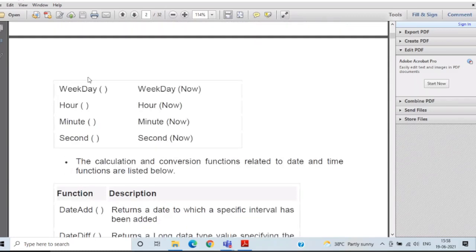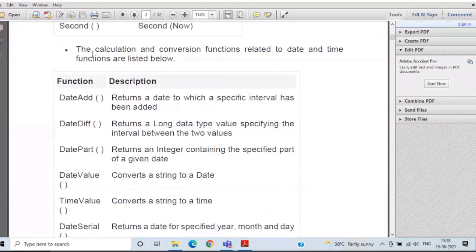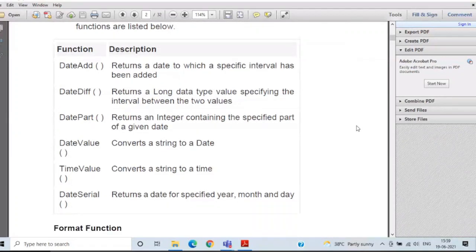Here Weekday will show today as Saturday, and Hour, Minute and Second will be shown. Then the calculation and conversion functions related to the date and time functions are listed below. Here is the function and its description. DateAdd returns a date to which a specific interval has been added. And the DateDiff method will tell you what? It returns a long data type value specifying the interval. Suppose I am giving you